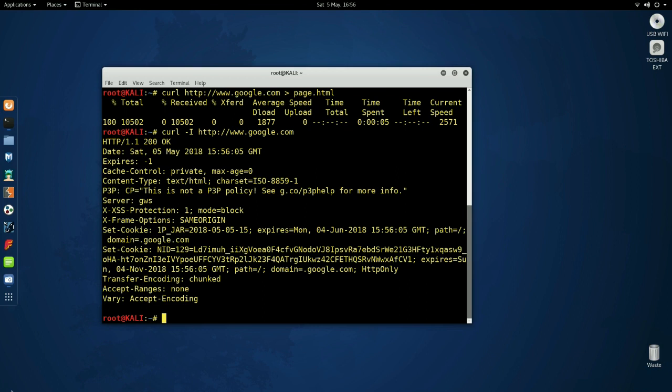I could continue it with curl dash capital C for continue, and then whatever file I was downloading. And it'd continue where I left off. There's a lot more you can do with curl. It's worth looking into if you're interested in pen testing or ethical hacking to do with web apps